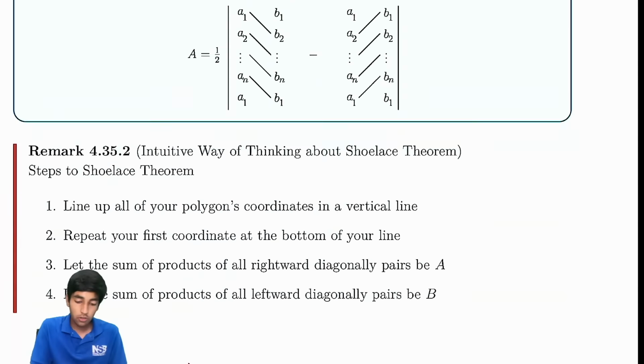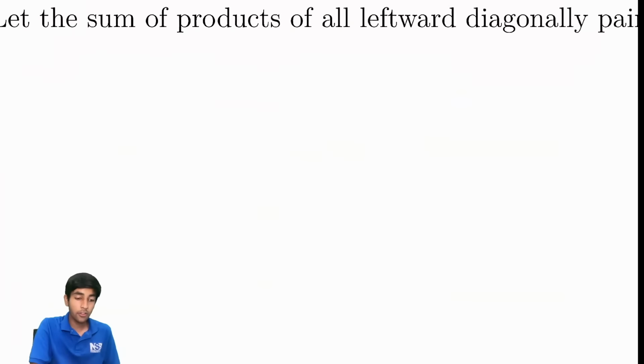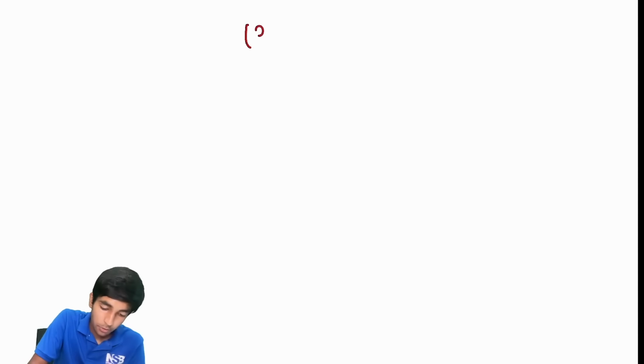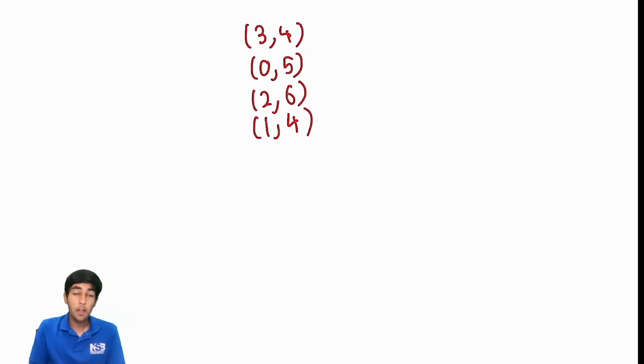Okay, now we're going to move on to Shoelace Theorem. And basically what it does is it allows us to find the area of a polygon given its coordinates. So let's just take an example. We have 3, 4, let's say 0, 5, 2, 6, and then 1, 4. Just a random example. So the key thing about Shoelace Theorem is your points always have to be in order